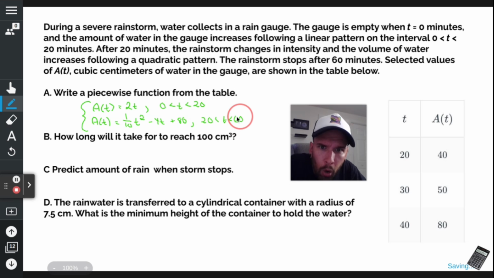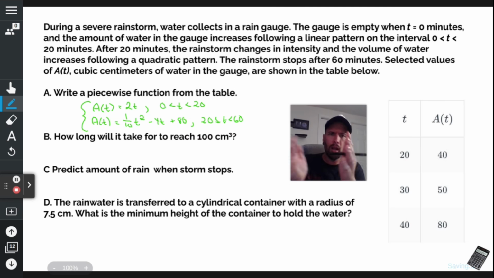And you know what? I can throw an or equal to there. It doesn't really matter where it begins. You're allowed to do that. That's my piecewise function. Now what I need to do is find out how long it'll take to reach 100